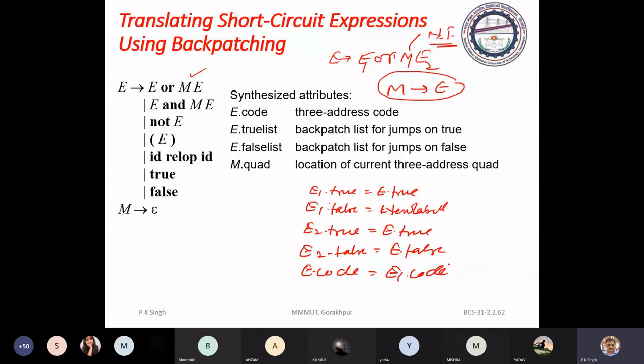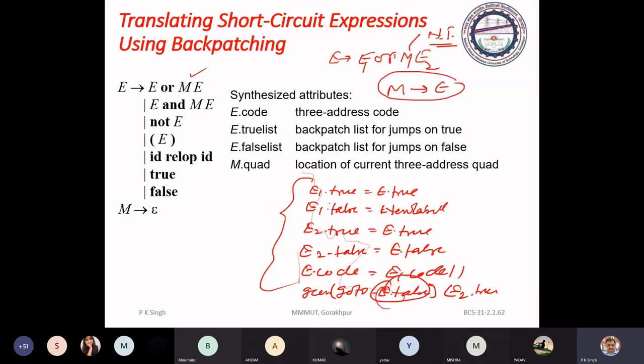Then you have to patch go to, means you have gen go to E false, E2 true. This is the translation scheme we have used. Okay, so this go to E false.